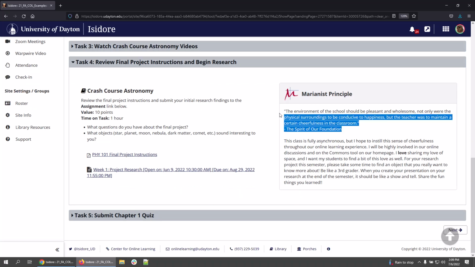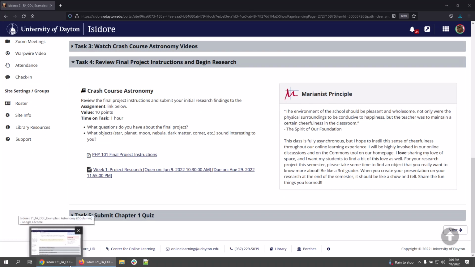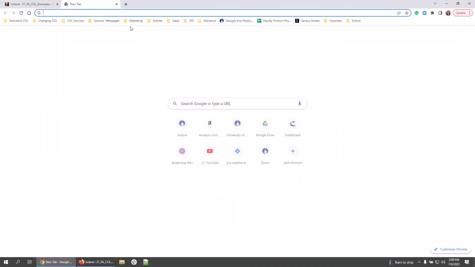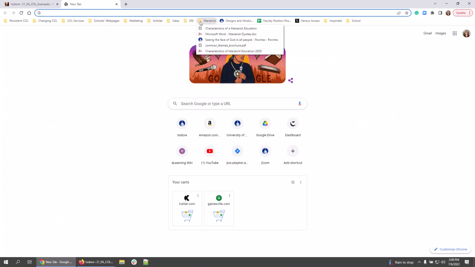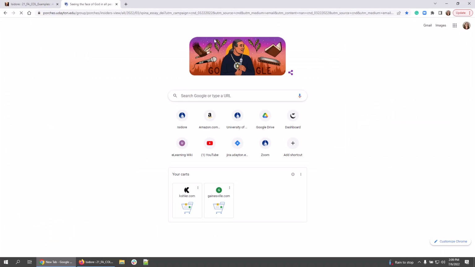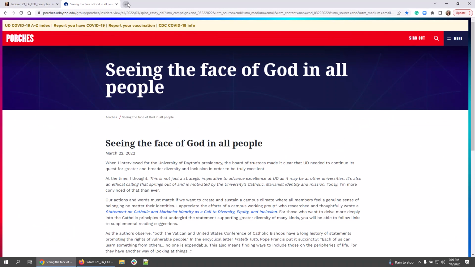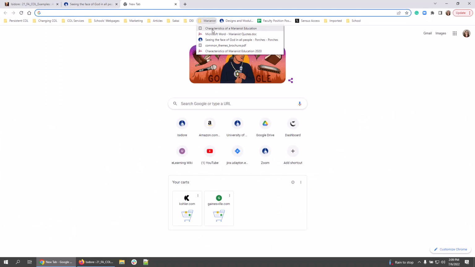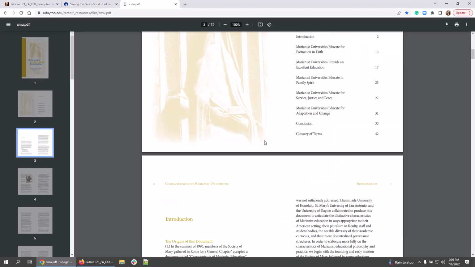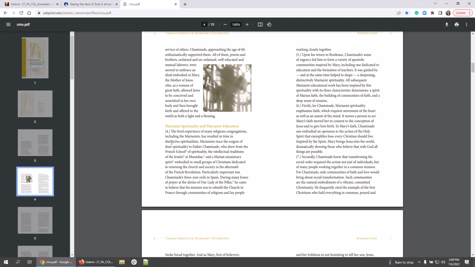But then what you do is you could maybe find a quote or relate your course content in some way to the Marianist experience at the University of Dayton. What I like to do is pull up any number of resources that I have favorited in my browser. I have a whole Marianist folder where I pull out quotes, or different kinds of characteristics of a Marianist education, and see if I can find a way to relate that to